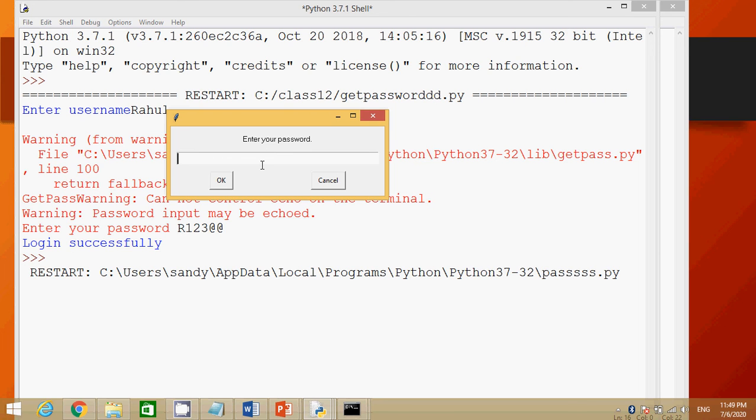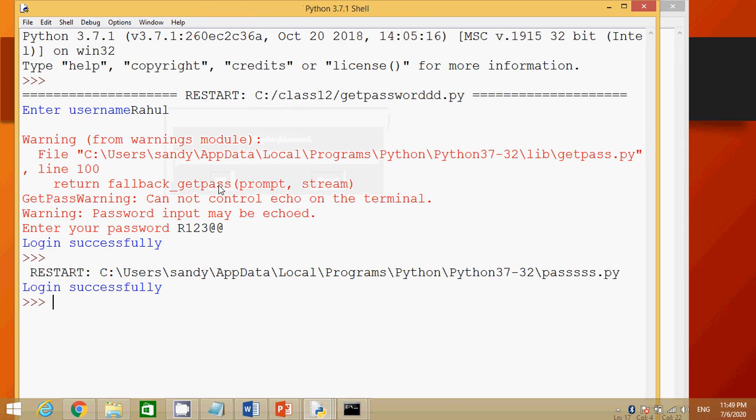So I am going to type the password R123@. You can see the asterisk symbols here. Now click on OK. You can see login successfully. I typed the password but it was not visible. It was in the form of asterisks, or you can say encrypted, something like that.